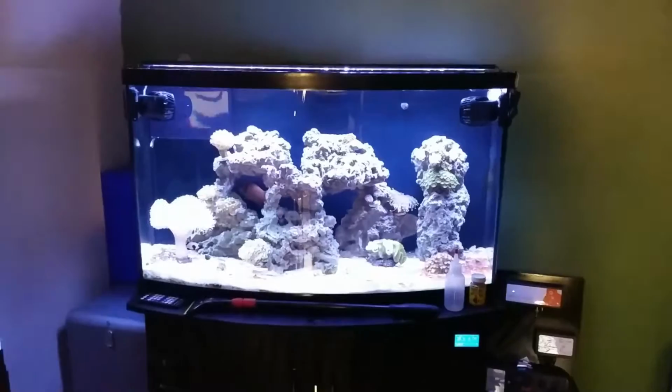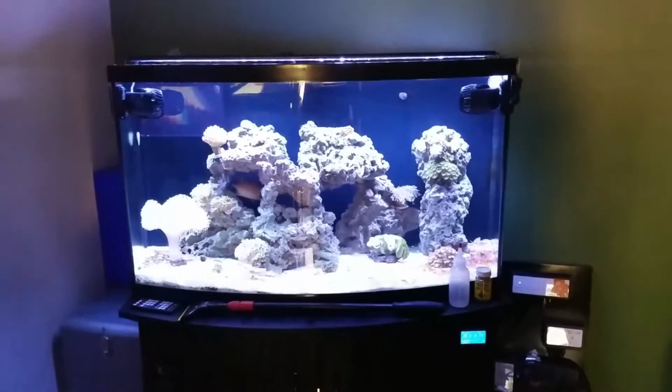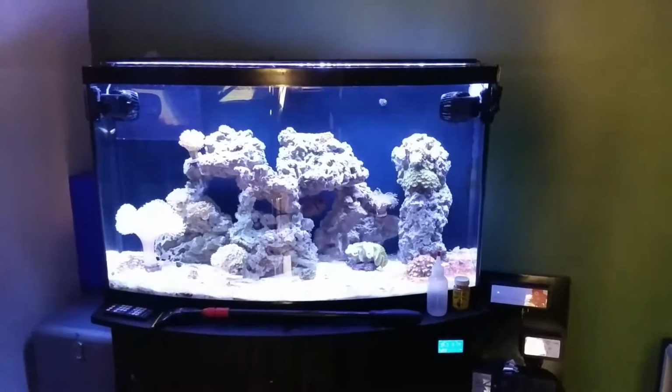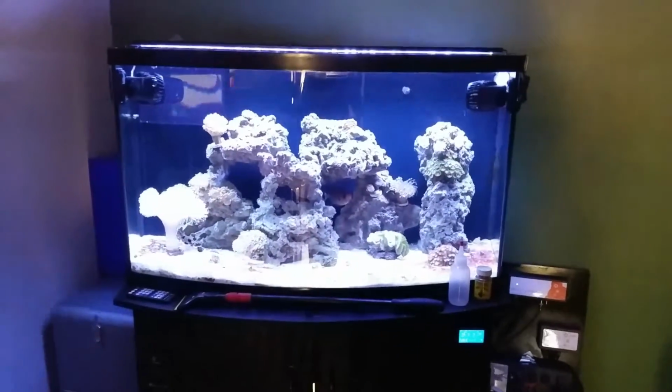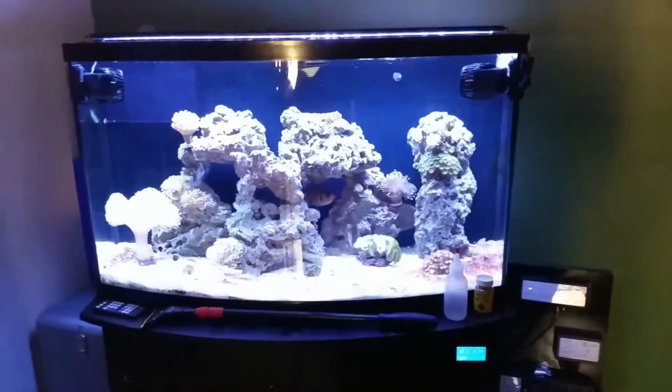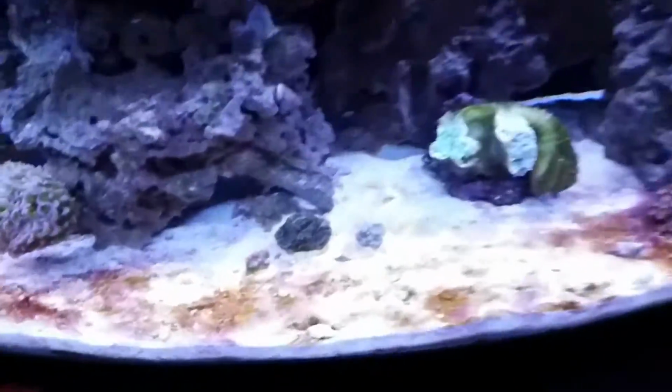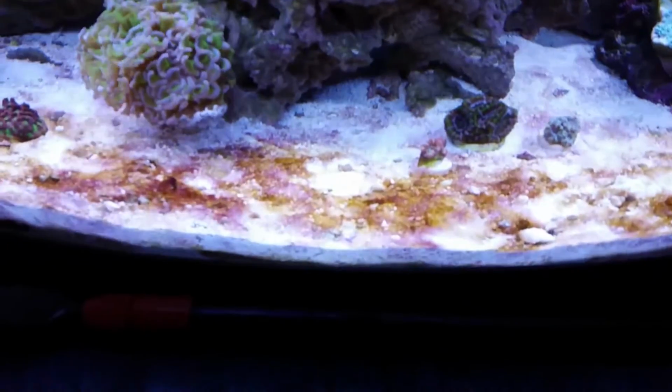Gonna do the 1 year update on the 55 bowfront. So obviously it's been 1 year since I've had the tank up and running. Take you around the tank a bit. As you can see right off the bat,